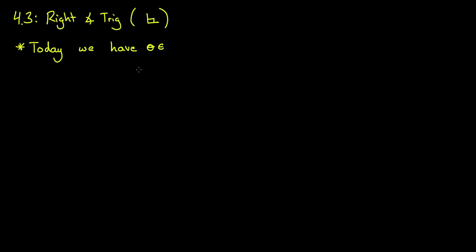Where, angle-wise, would you be in quadrant 1? Between which two angles? 0 to 90 degrees. But instead, you'll give me 0 to some other number of radians. Pi halves. So all that we're saying with this statement is, we have theta between 0 and pi halves,